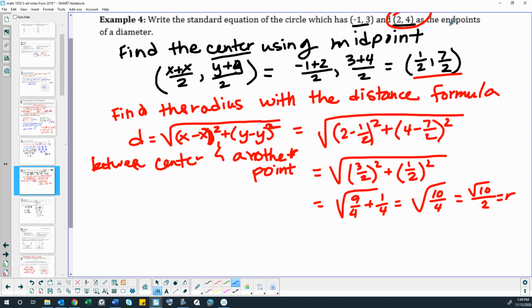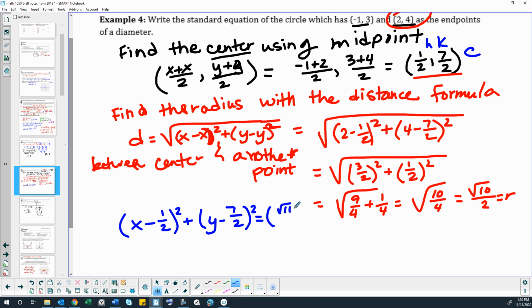So now we have the center. We have the radius. So there's h, k. We have the radius. We're going to use our formula. So we have x minus h squared plus y minus k squared equals r squared. Now the cool thing about squaring a square root is it gets rid of the square root, which makes this at least a little bit nicer looking. So this part here would be,